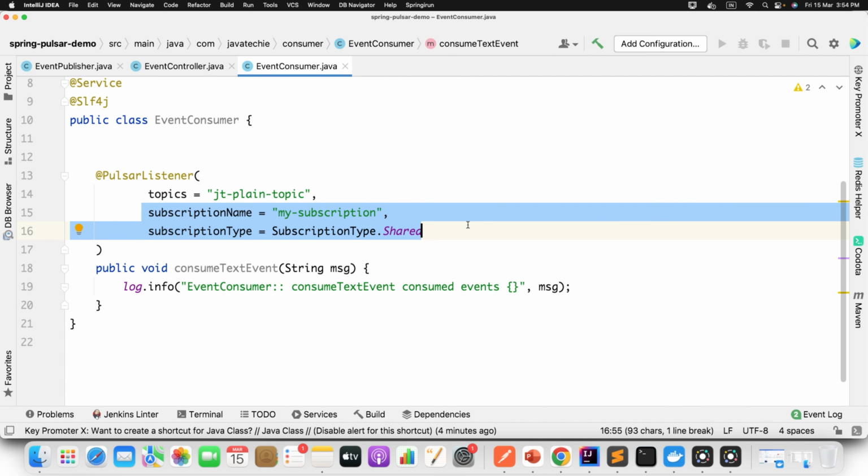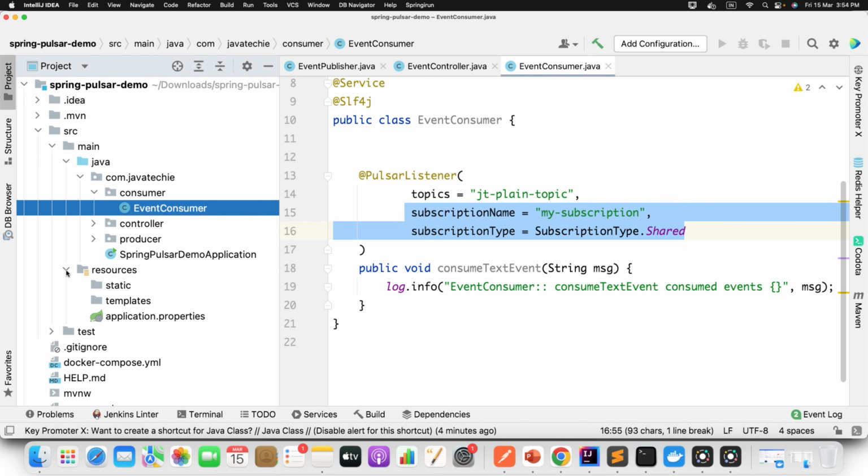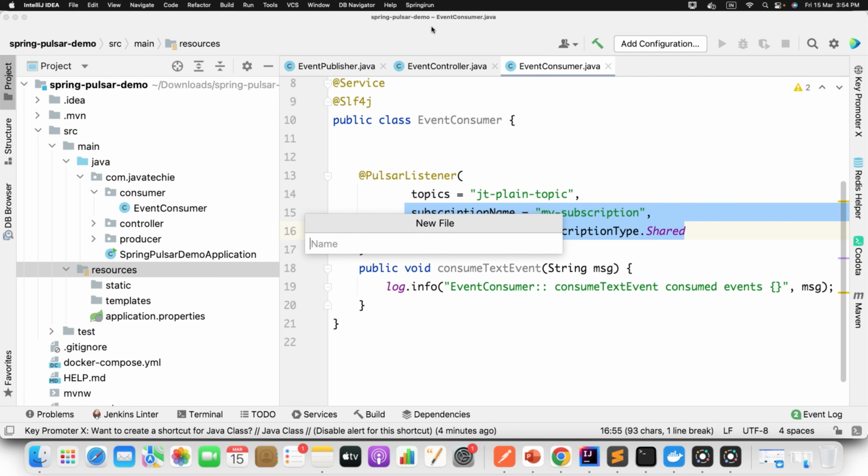Now we have defined everything. We wrote the code correctly, but we have not specified, we didn't tell our Spring Boot application where my producer is running, what is the subscription, what is the topic name, and where my consumer needs to look up, right? All these things you need to define in your configuration. So for that, I will simply create one YML file. You can also define an application.properties file, but I feel better writing the YML file because it maintains the hierarchy. Okay, so